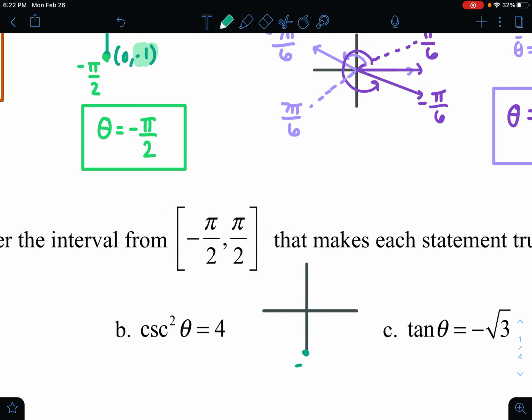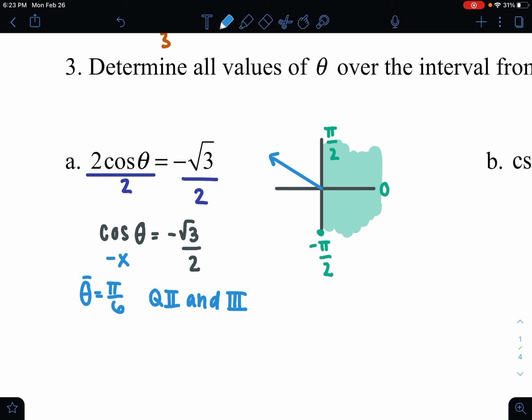All right, so cosine's not by itself, so let's go ahead and divide by 2. We know that cosine of theta equals negative root 3 over 2. Well, again, cosine is x. When you have an x value of root 3 over 2, your reference angle will be pi over 6. We also know that x is negative in quadrants 2 and 3. So if we go ahead and draw this in,